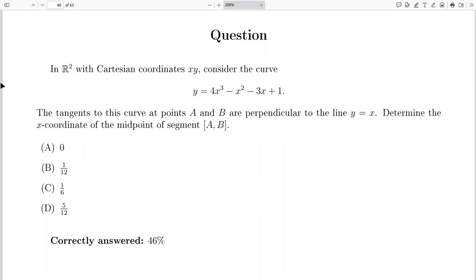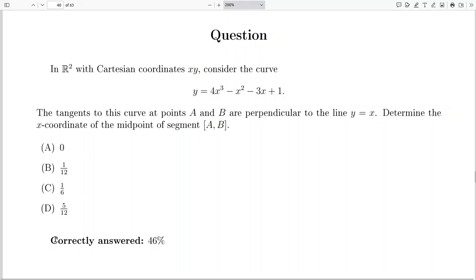Here we have a nice 2D geometry question about midpoints and so on. This is a question from the entrance exam for engineers, mathematicians and physicists entry into Belgian Flemish universities, and this